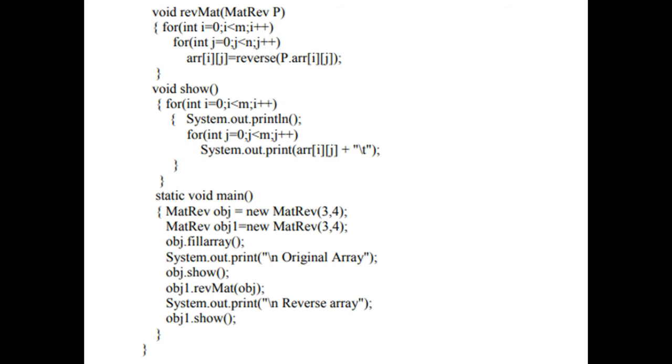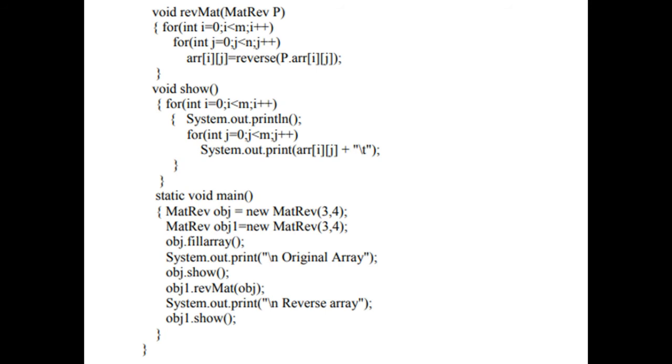And finally void display, okay, a new line is given so that after every row it will go to the new line. We displayed this one. And slash t is an escape sequence. T stands for tab, that means a gap will be there. After displaying one element there will be a gap.